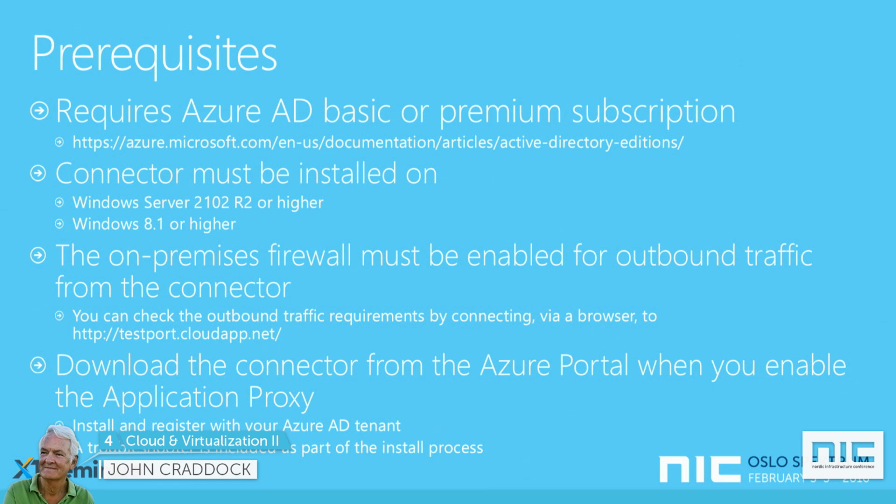In terms of prerequisites, as I say, we need a basic or a premium license. And I've put a little link in there to where you see all the different versions of Azure AD, so you can go and have a look at that. You've got the free, but you can't get the actual proxy with the free. You've got to go premium, you've got to go basic. If you're new to Azure AD, you simply sign up for a free one, and then you can sign up for a free trial of premium. And then you can actually deploy the connector and try it out on premises